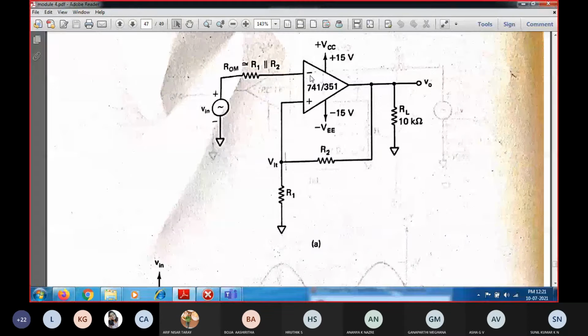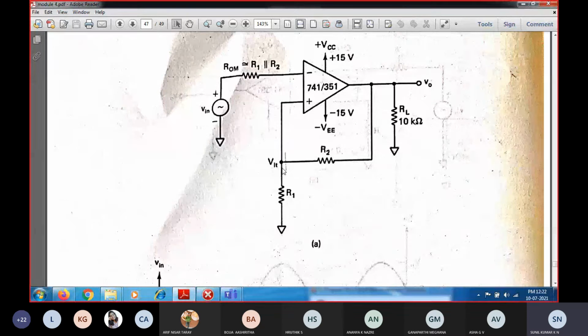During the initial phase, the output will be saturated in positive only. When you apply the positive feedback, the entire output voltage will not be fed back to the positive terminal, that is the non-inverting terminal. You are going to apply only the voltage drop, so some part of the output voltage you are going to give as feedback to the